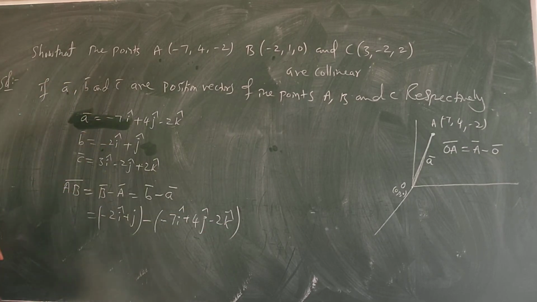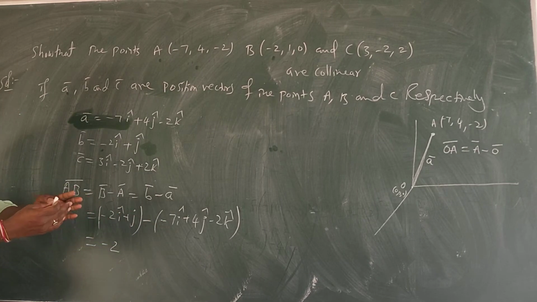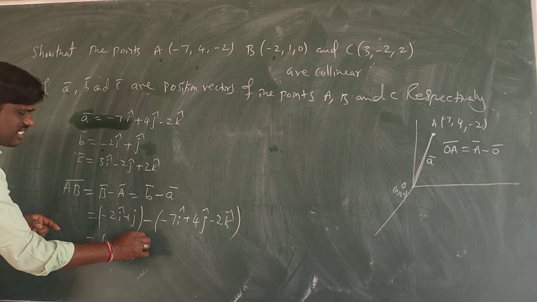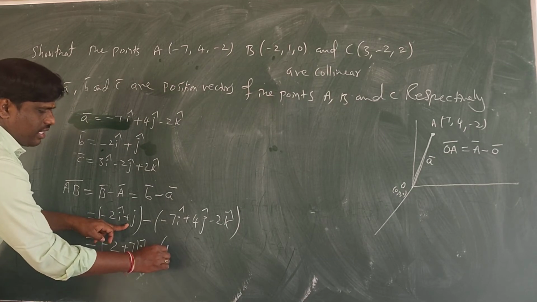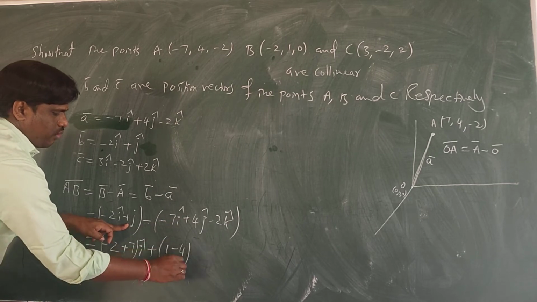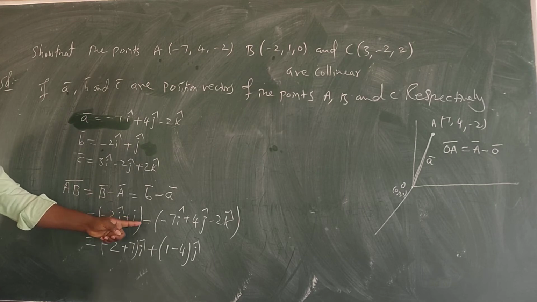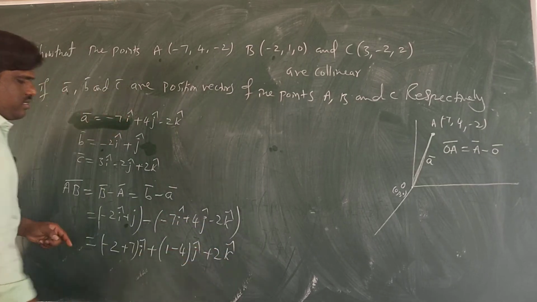So now we do subtraction. Here this is minus 2, I component. I am gathering the I component. Minus into minus plus 7. So this is I component. Here is a j component. J component here 1. Okay. And here j component will be plus into minus minus 4 j component. Okay. There is no k component here, but directly here you get minus into minus plus 2k component.